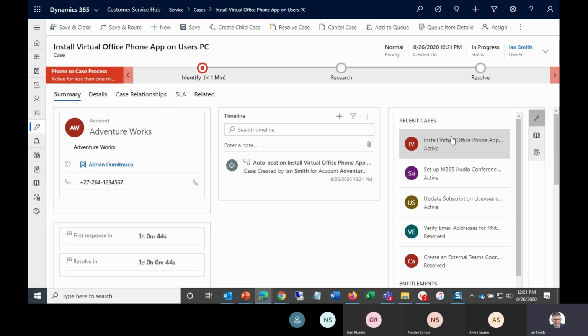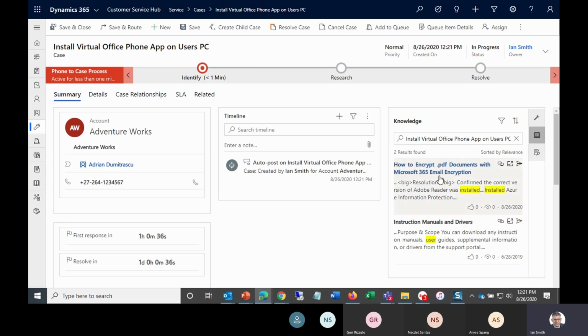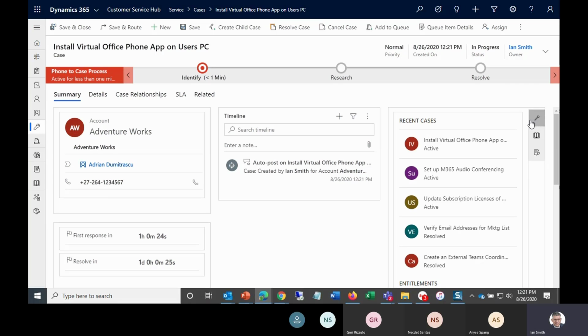And it's giving me, again, I'm looking at this panel over here. I can see recent cases. I can see knowledge articles. And I can see similar cases. Okay, so that's all configurable to set up the kind of search that the application uses to find those things. What I wanted to show you here was